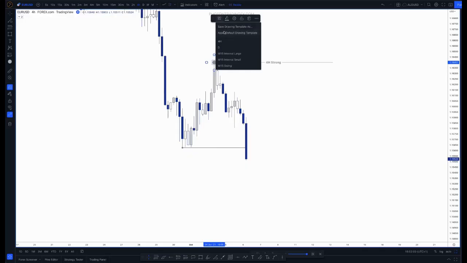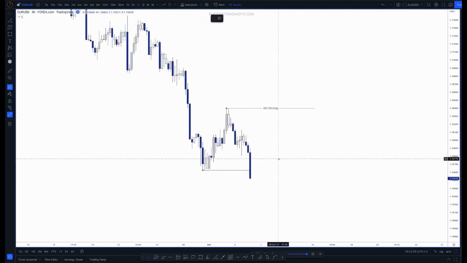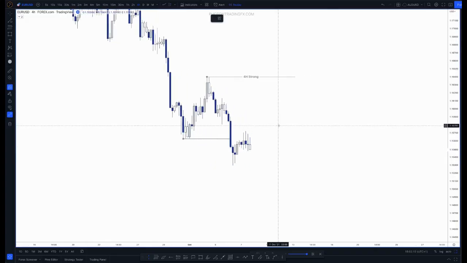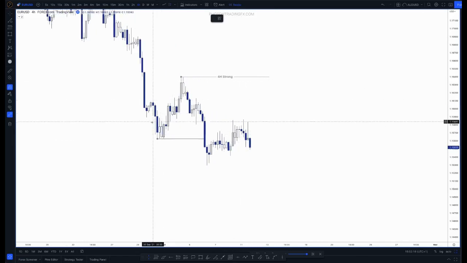Okay, cool. So at this point, we know where our swing high is, but we don't know where the swing low is until we have a relatively significant pullback compared to the recent price action. So I will just move this forward, okay? And then we start to have a pretty decent pullback, right, compared to the previous price action. So I'm going to be happy in this instance to mark this out as our swing low,